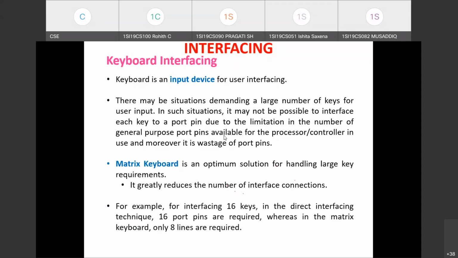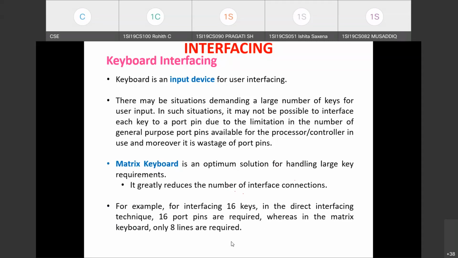Say for example you want to interface 16 keys. Assume for your application you require 16 keys in the keyboard. If you go for direct interfacing, then 16 port pins are required for interfacing 16 keys to the microcontroller. But this is not feasible.